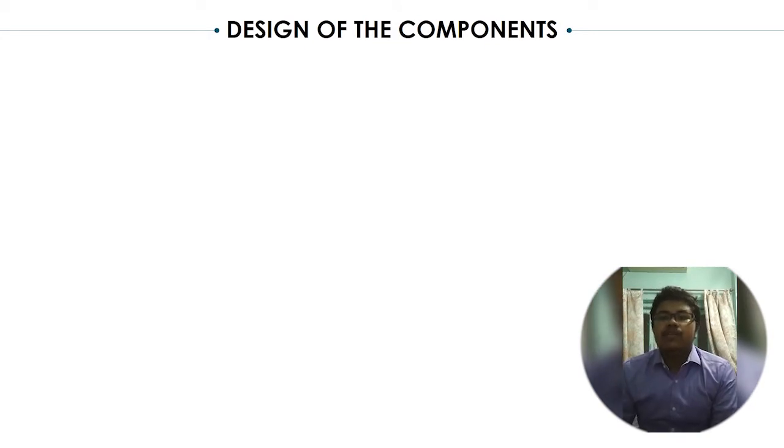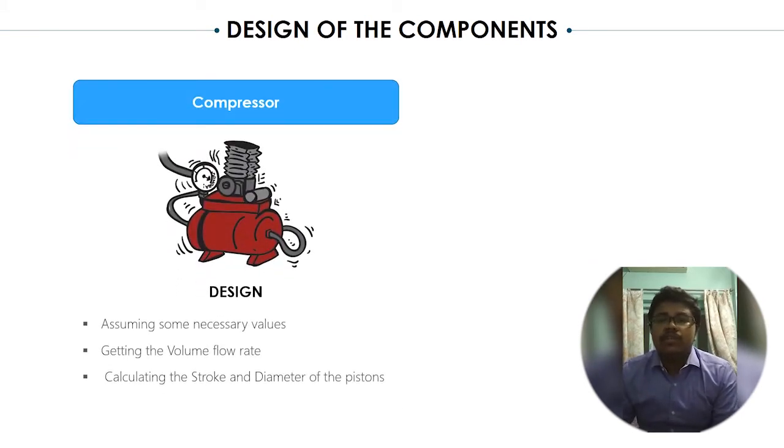In the experiment, we used 2 compressors, 2 condensers, an evaporator, and a throttling device. So why do we use the compressor? We use the compressor to attain the pressure which is required. Here we take different values of pressure and temperature, and then we use the cycle and a chart. From the chart and interpolation, we find out the volume flow rate of the refrigerant, the mass flow rate, the specific volume, the number of cylinders required, and all the other parameters.